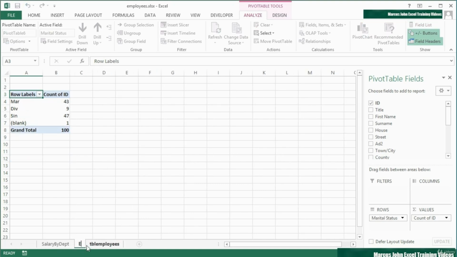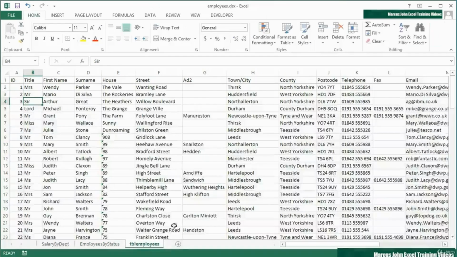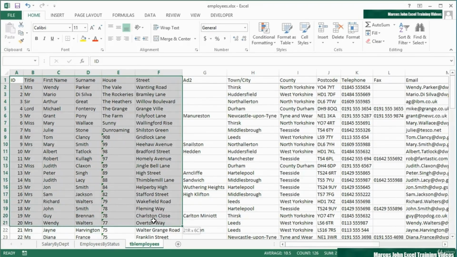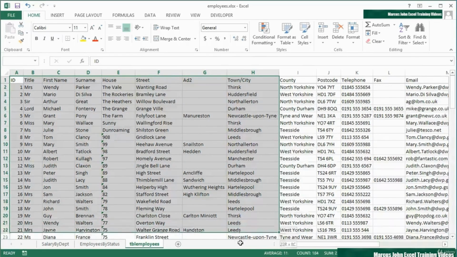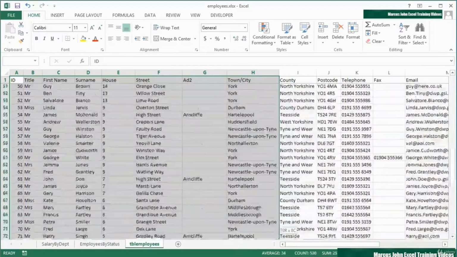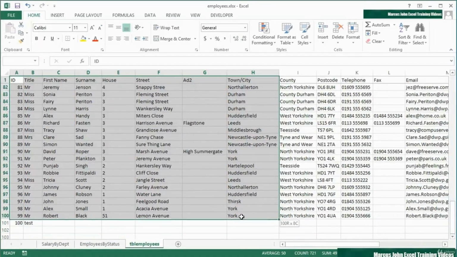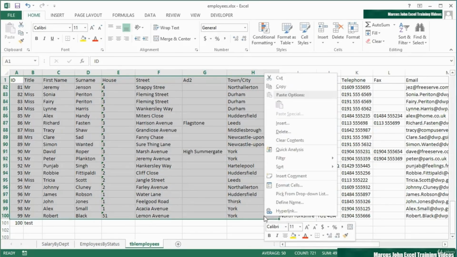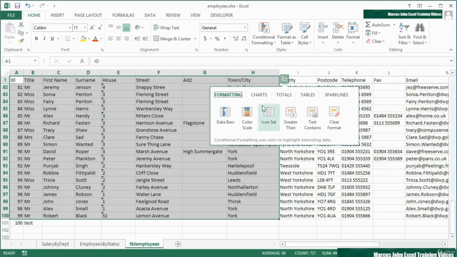and employees by status. Now, the alternative method we could use with our employees is just to highlight part of a data set. Let's take the towns and the people's names. We'll take them all the way to the bottom, except for that last one. Now, sometimes when you highlight a selection, you'll get a little pop-up box here. It doesn't always appear though, but you'll find that if you right click, you can choose Quick Analysis, and that will give you the pop-up box